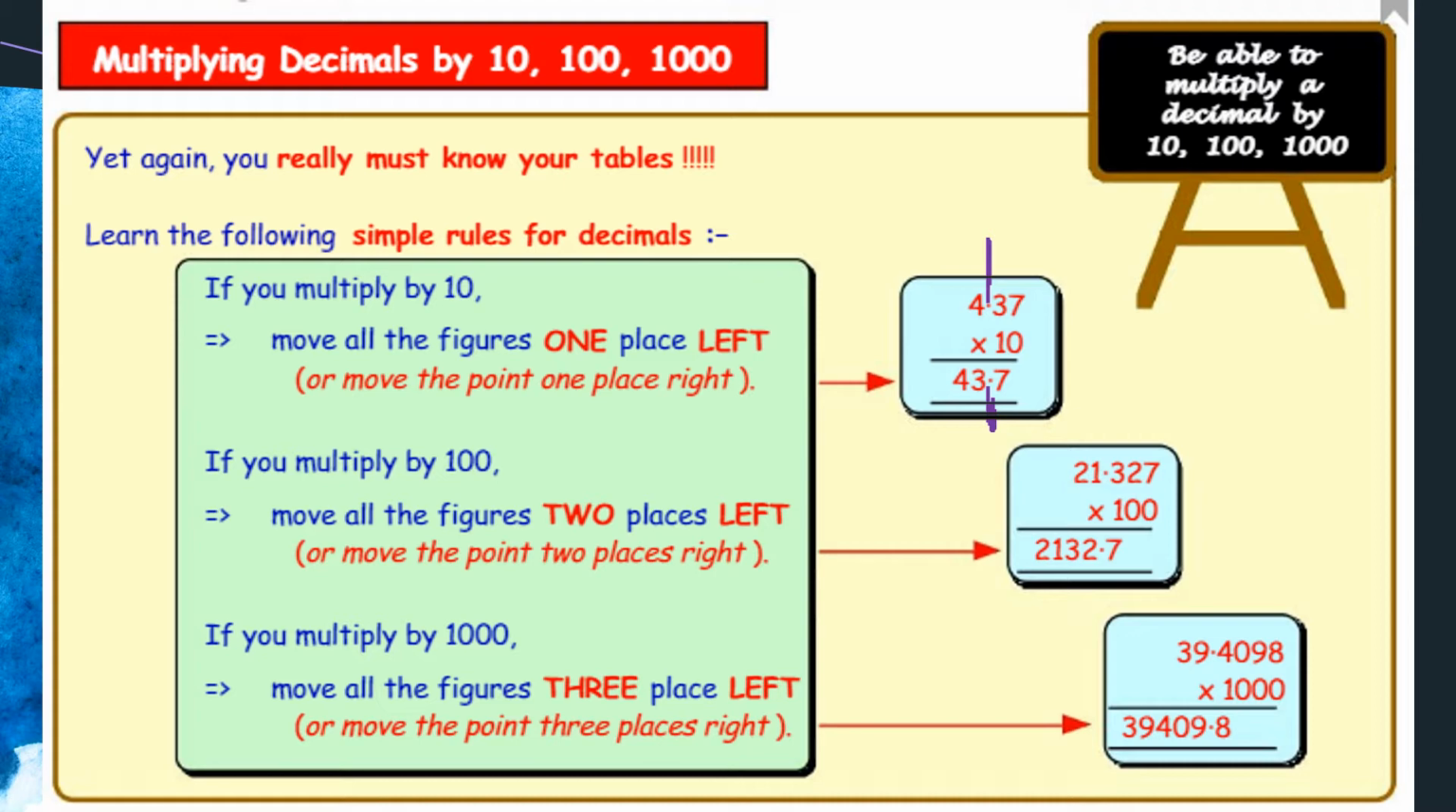Okay. So the first one is multiplying by 10. There's multiplying by 1,000. There's the decimal point. I don't want to draw right through the sum. And even multiplying by 1,000, the decimal point doesn't move. It's the numbers that move. The decimal point stays still and the numbers move around it. I cannot